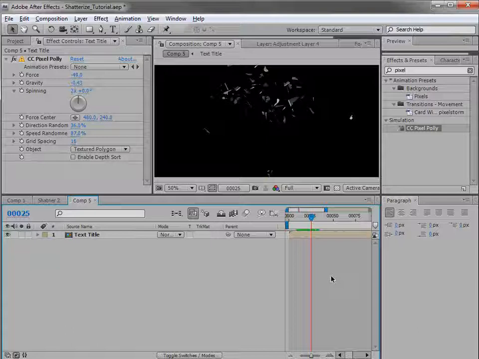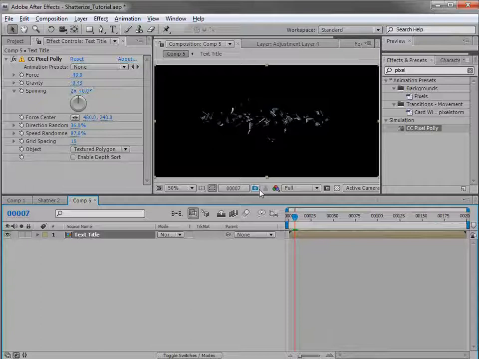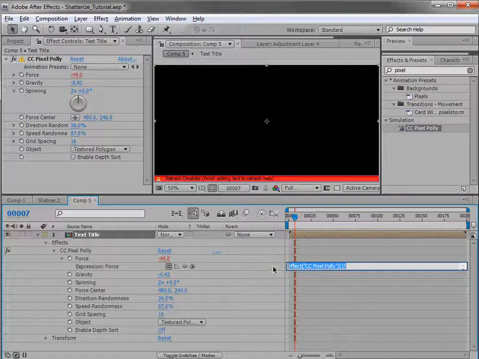Okay, so now the key here is to duplicate this layer several times to create that cascading effect as we did in the previous tutorial. Now, in order to make this effect more random and sporadic, I want to add some expressions to some of the values. So I'll alt-click on the force, and we're going to type wiggle(0,